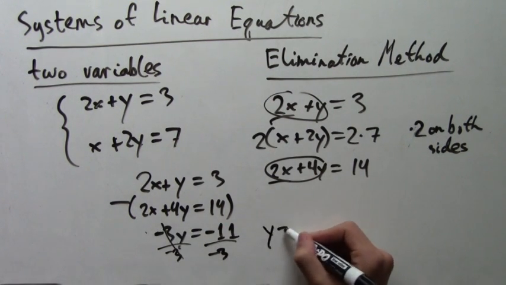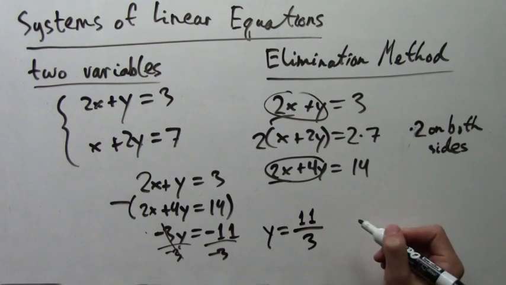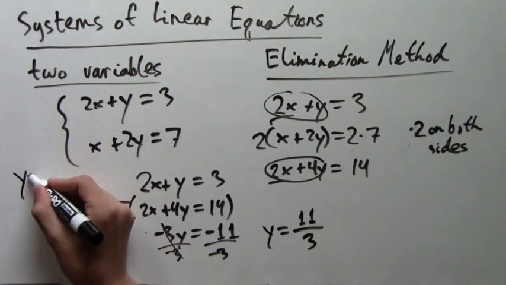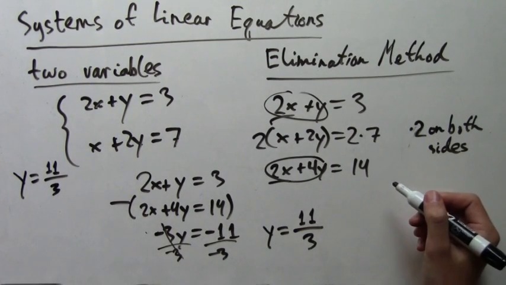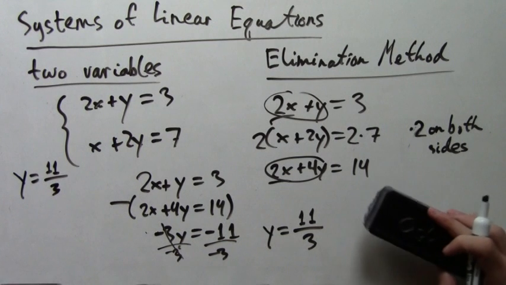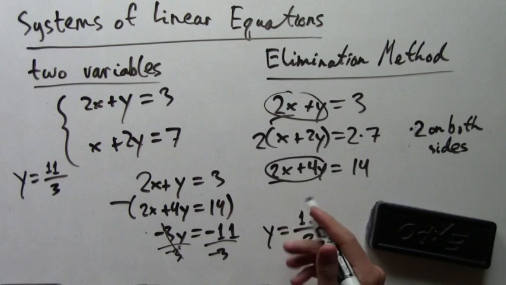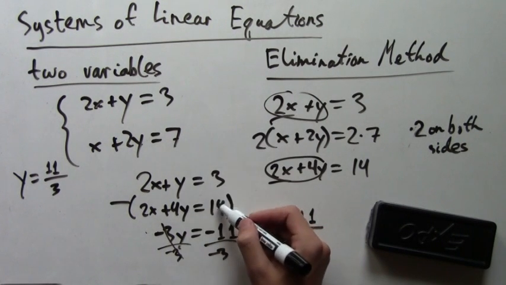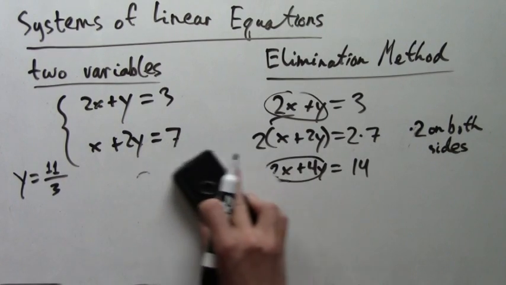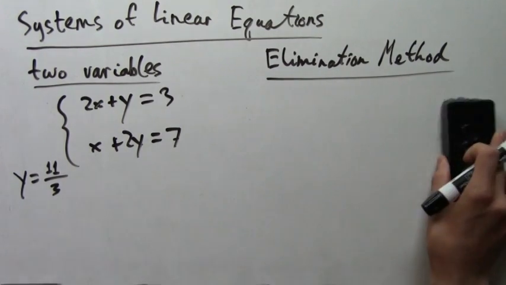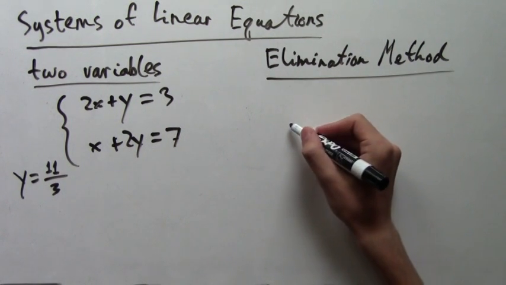Finally, dividing both sides by negative 3 gives us y equals 11 over 3. So we've already found what one of the variables equals. To find what x equals, all we have to do is plug y into one of the equations. And again, I'm highlighting that we're subtracting two equal numbers from both sides of the equation. That's why the elimination method works. The secret is that